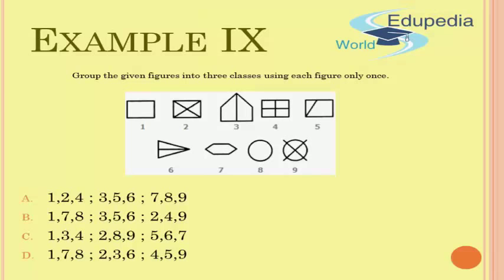In this one, again we have 9 figures and we have to figure out some similarity between all of them. So if we observe this, we see that 1, 7 and 8 are standalone figures. Okay, so they don't have anything inside, or they are not inscribed under any other diagram. Figures 2, 4 and 9 have intersecting lines inside. Okay, so 2, 4 and 9 can be put together. 1, 7 and 8 can be put together.